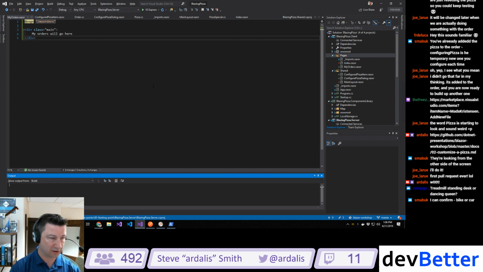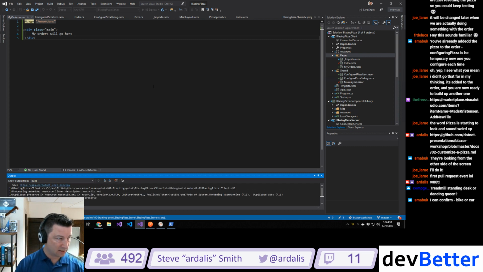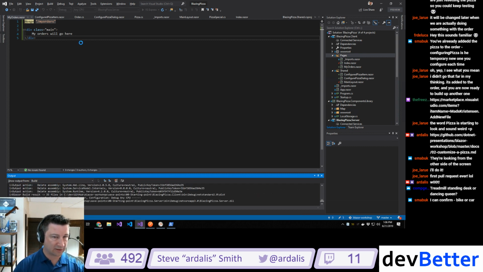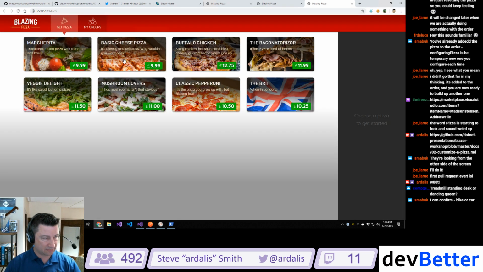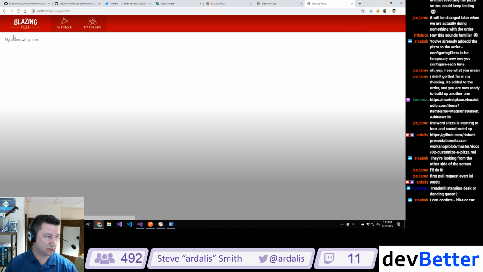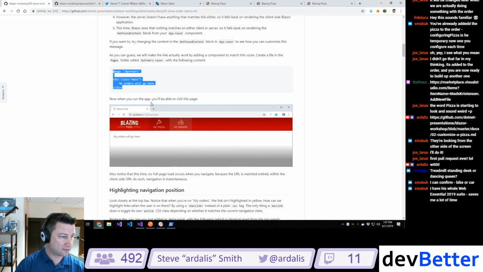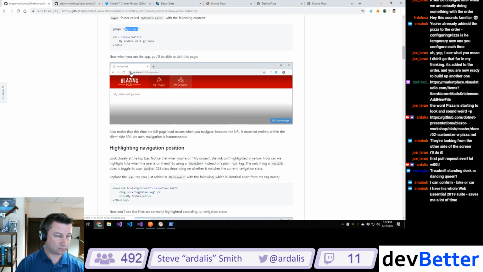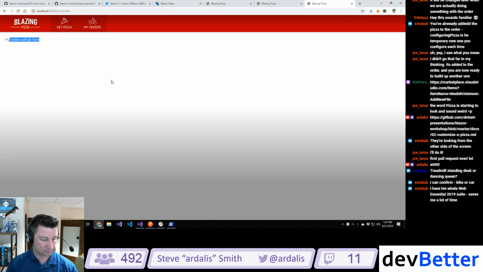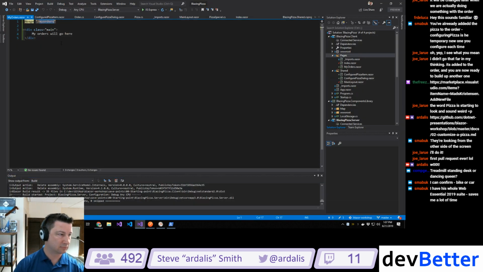I think you could change those routes as well. It wouldn't matter. Well, this route's the convention anyway. They're specifying it, but they shouldn't need to. My orders will go here. I'm saying you can make that an uppercase M and an O on this in the page. It's not going to matter. I think it will actually reflect that uppercase M and O in the URL if you do. But I'm just saying because it's running in WebAssembly, it wouldn't matter even if you're on a Linux box or whatever,